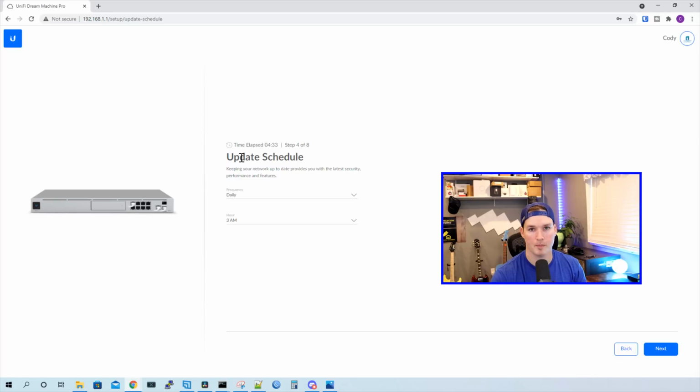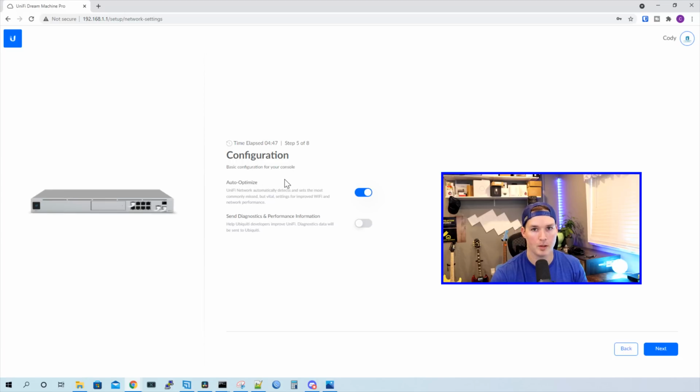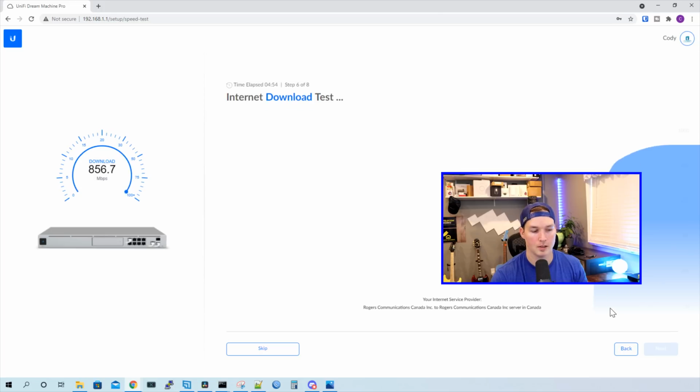And then we have an update schedule. So it says daily, and we're not going to have this on at all. I'm going to disable it and then press next. We leave auto optimize on for now, but if we run into issues, we'll end up turning that off, and I'll press next. Now it's testing our speed,